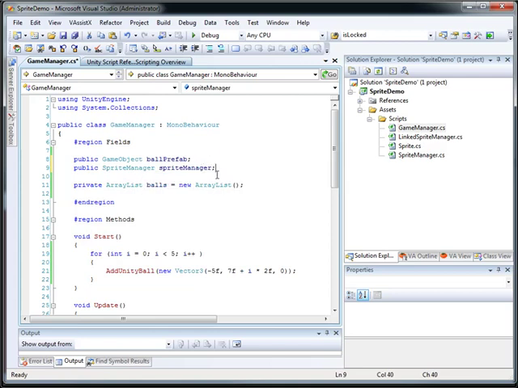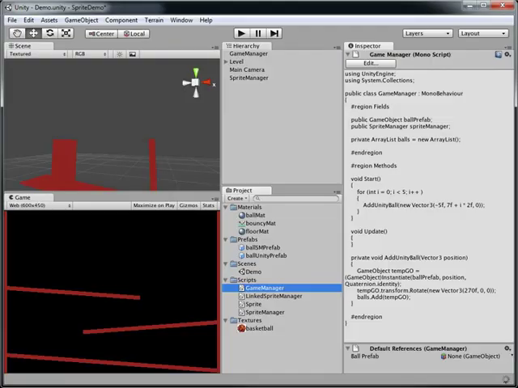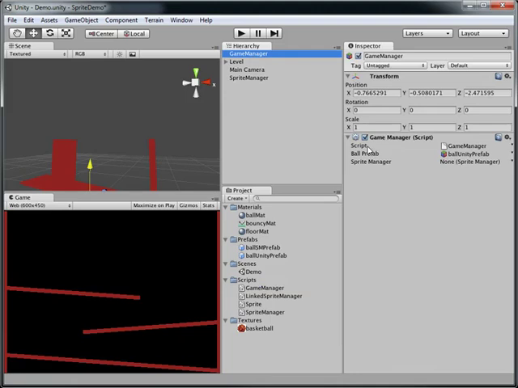And that's going to create another field for us. I'm going to save that, and jump back over here to Unity. What that's done for us is under Game Manager, we now have a new field that's not allocated. But because we told it it's going to be of type sprite manager, we're going to drag our sprite manager into it. So now we've got our sprite manager associated with this sprite manager. Now from here we can go back into Visual Studio